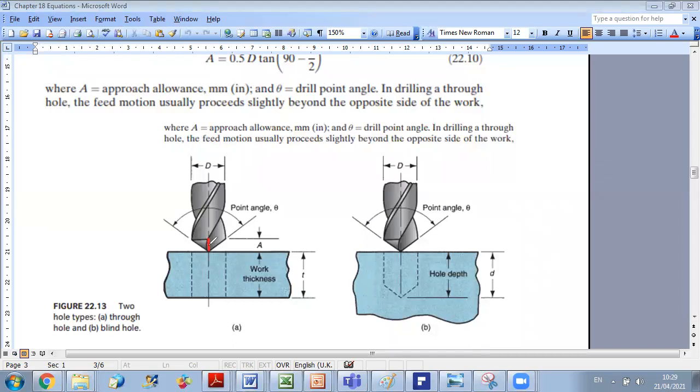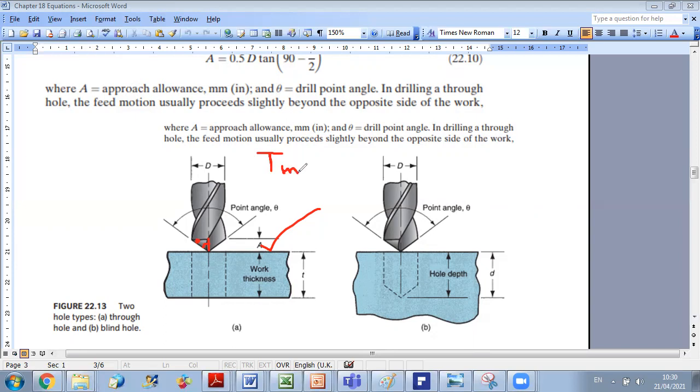This angle is theta over 2, because this is the axis of symmetry. It will divide the angle into two equal parts. And then this angle here will be 90 minus theta over 2. And we can just say that tangent of this angle is A over the radius, which is d over 2. Okay, so we got the expression of the allowance, and this will allow us to determine the machining time, because